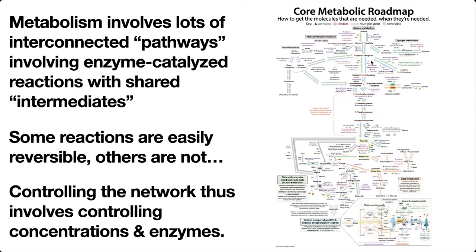We can regulate where molecules go throughout this network by controlling both the concentrations of the various intermediates, as well as by controlling the enzymes that catalyze the reactions. And so we'll talk more about when we do what, how we can know if a reaction is metabolically reversible or irreversible, why this is inherently, and how cells are able to control the flow through this network. So let's start by thinking about reversible versus irreversible reactions.